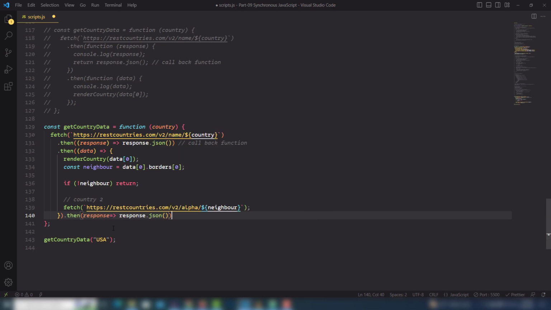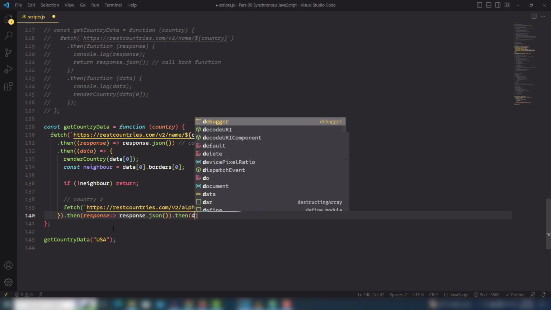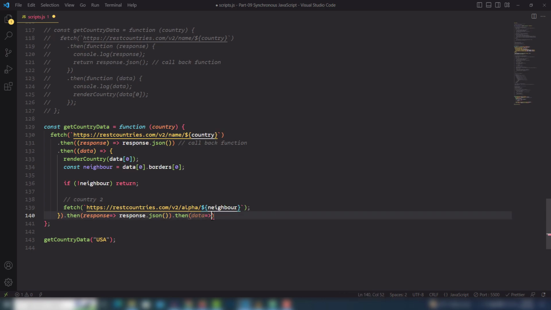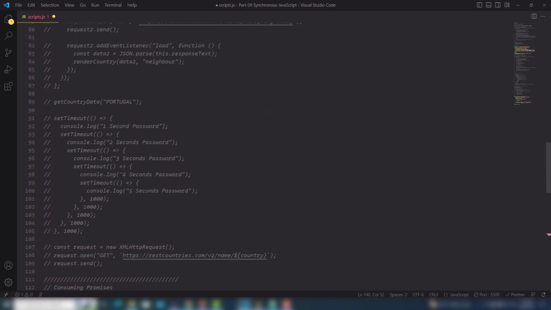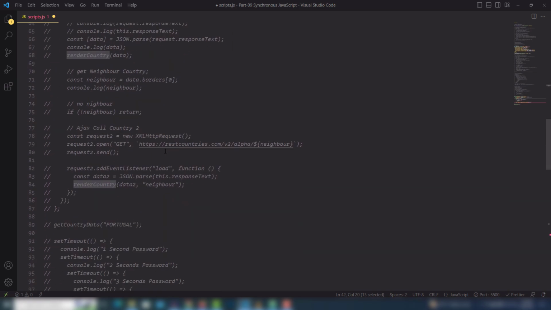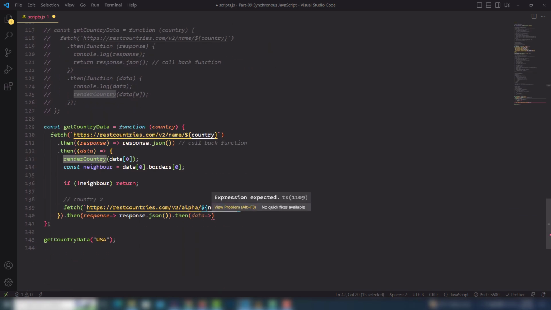Once you convert that, then once again you need to use then and pass a parameter like data. You can pass any parameter name you want. After that, you need to call the particular country function, the function we made at the top of my page. So you need to get that